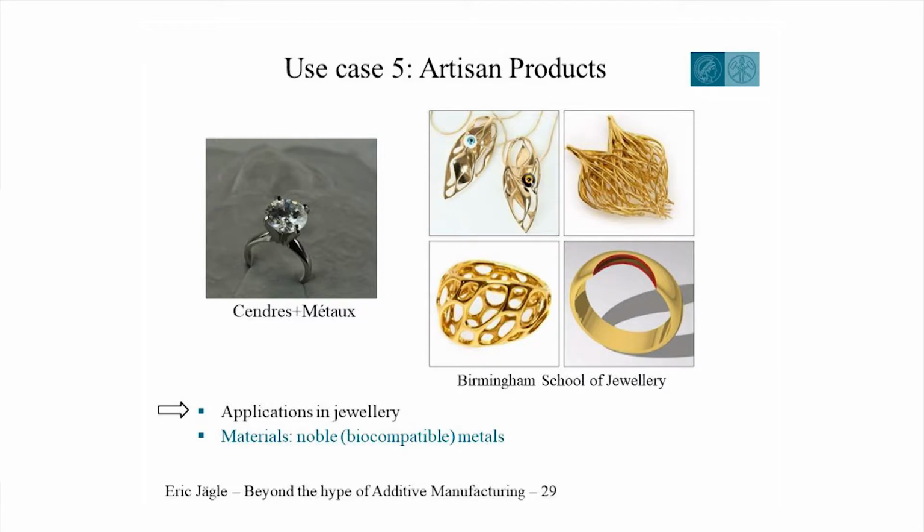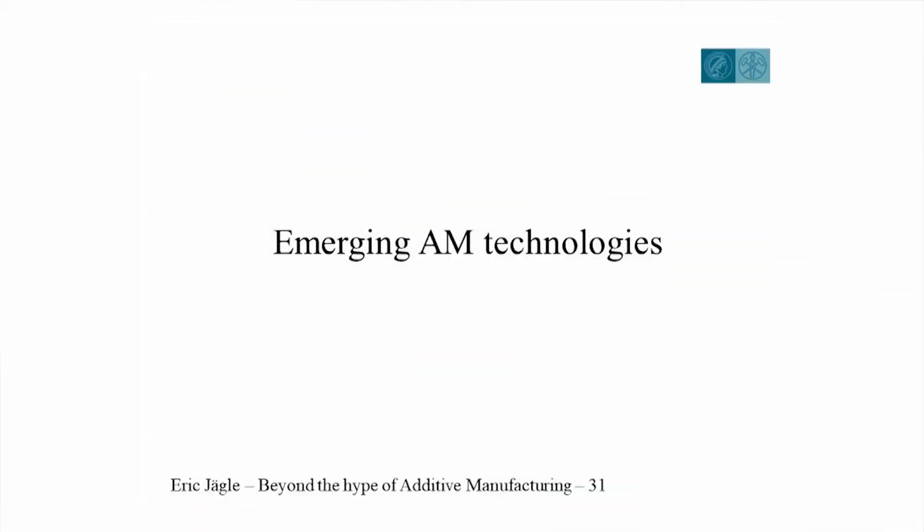Okay, and finally, just because I like looking at these pictures, the so-called artisan products, so products that are highly customized, very complex and low volume. These products you can also print, and that is, for example, jewelry. Yeah? So there is a certain market for additive manufacturing machines specifically for noble metals. So if you want to give a very unique wedding ring or engagement ring, then next time go for additive manufacturing. Okay, so this is the state of the art.